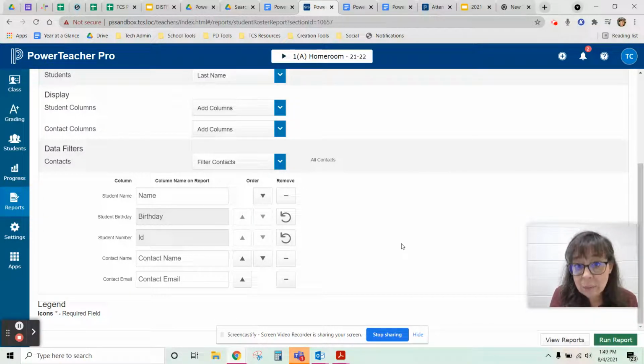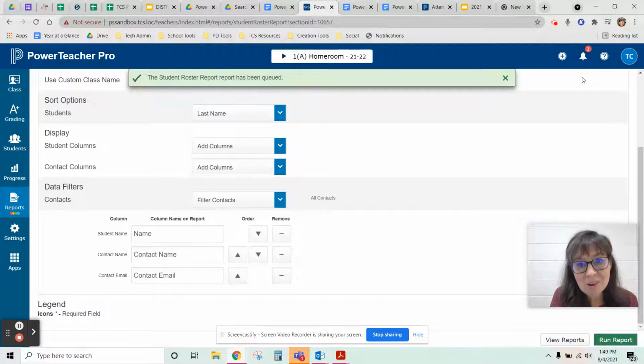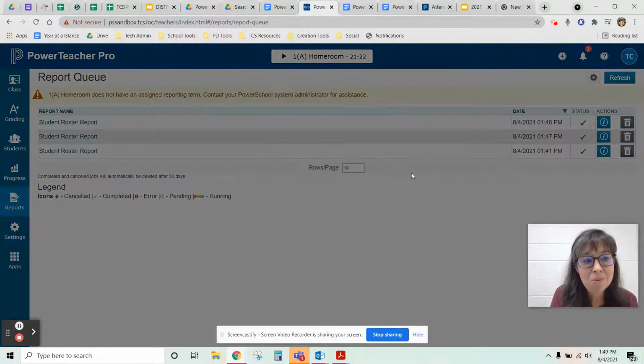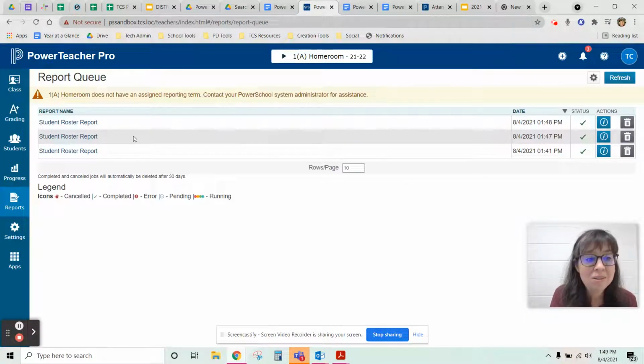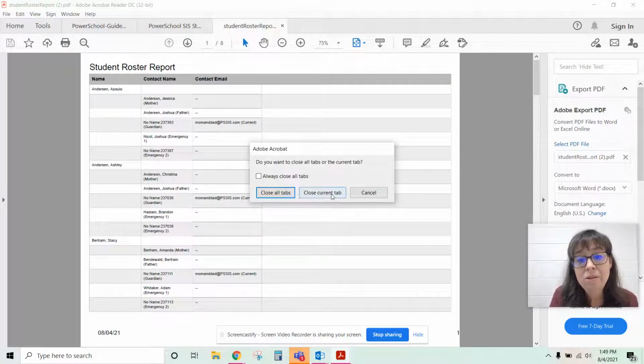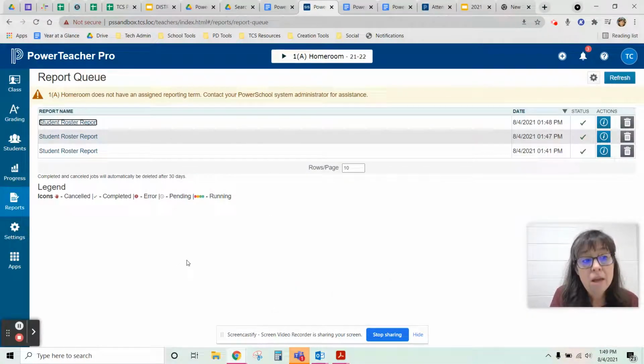And when I'm ready to run the report, I'll do the same thing I did before. I'll click Run Report. And up in the right-hand corner, I've gotten a notification that that report has been run. If I click on Notifications and Report Queue, there's my third report. I can click on it, and I have a PDF of my students, their contact name, and their contact emails. For those of you that are wanting to set up your emails in Outlook as a distribution list,